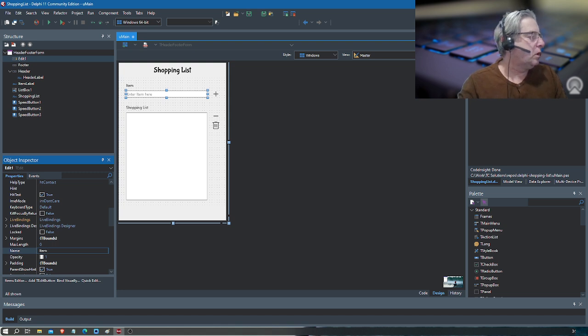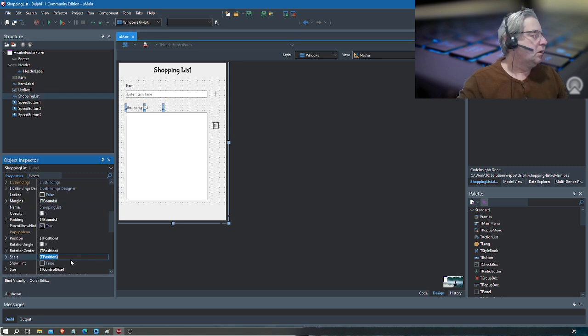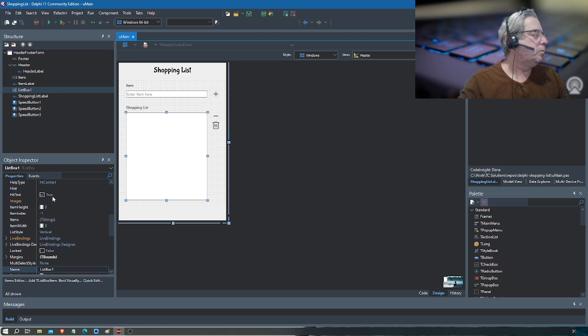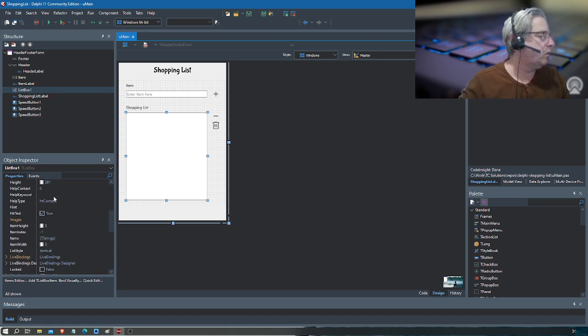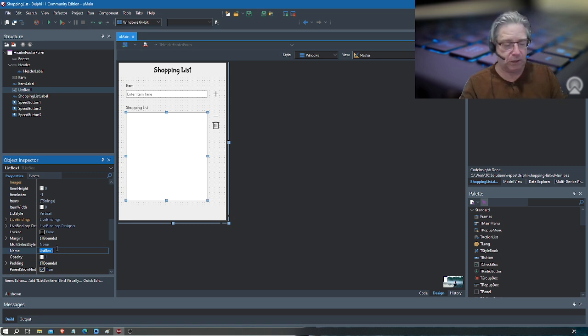Let's call this one here, we'll just call this one item for the moment. This one here can be called shopping list label, and this one here will be the shopping list itself. So we can call this one here quite easily